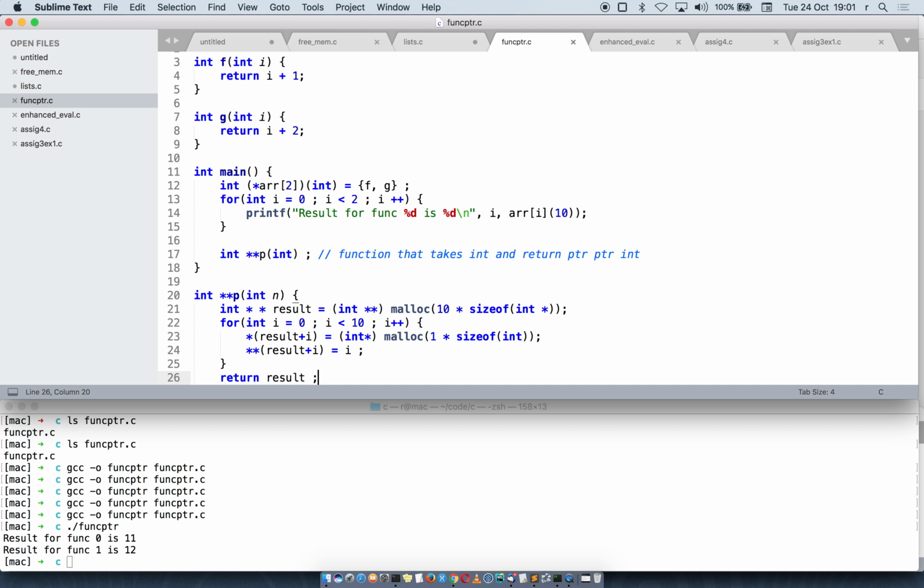Probably not working well. But what we have, again, result is a pointer to an array of 10 elements. Imagine it's 10 of them here. Each of them goes to another array of 1 element. And in each of these, we write 0, 1, 2, and so on. Right? So we're not writing in here. It's a double indirection. Right? I go from here, star, plus i, star,